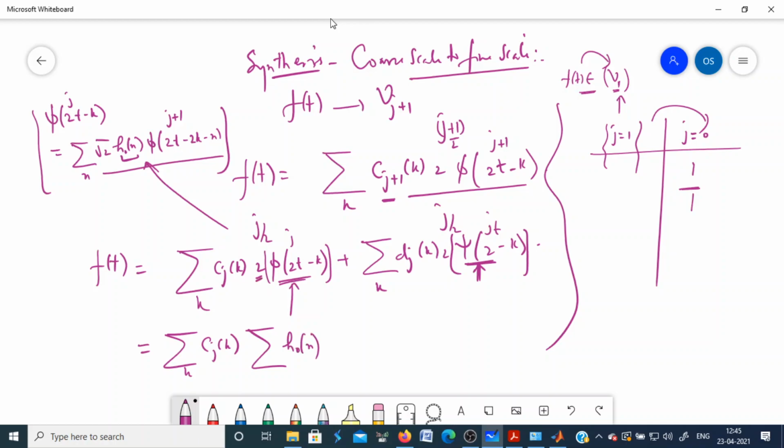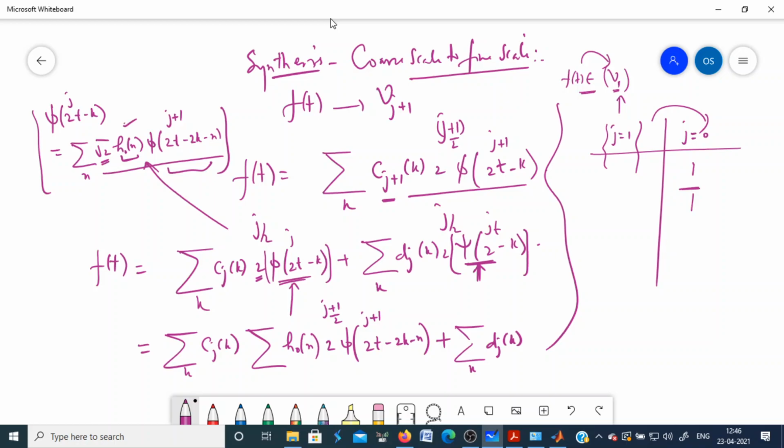This 2 raised to power j by 2 and square root of 2 will get multiplied, so it will become 2 to the power j plus 1 by 2. And this phi of 2 to the power j t minus k will be replaced with this function, so it will become phi of 2 to the power j plus 1 t minus 2k minus n. And similarly here, we'll have summation of k djk, and this function will be replaced with